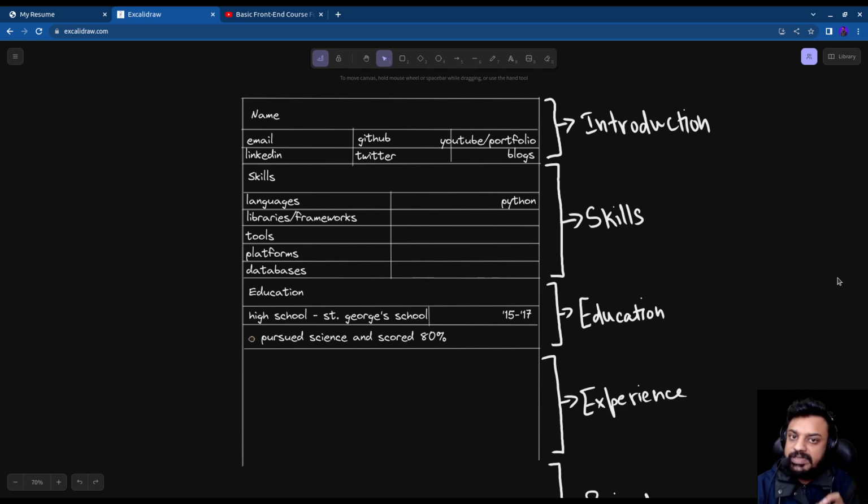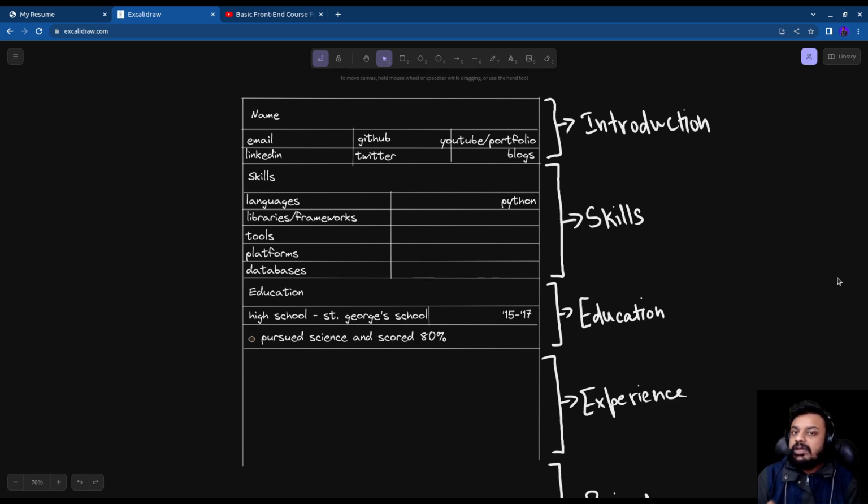Now, one of the rookie mistakes that a lot of people make is that instead of having a single page resume, they have multiple pages in the resume, which is wrong. The first thing that you need to understand in order to know why it wouldn't work is knowing how the hiring happens. So what happens is that whenever a company rolls out any job positions that are there,